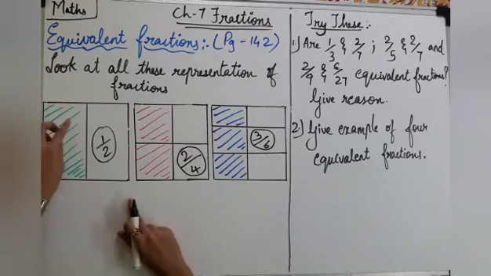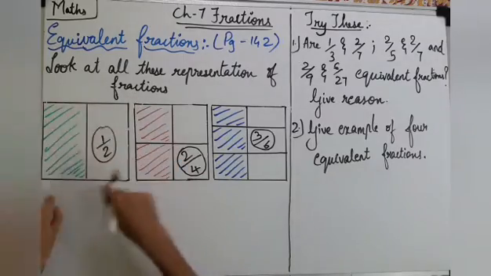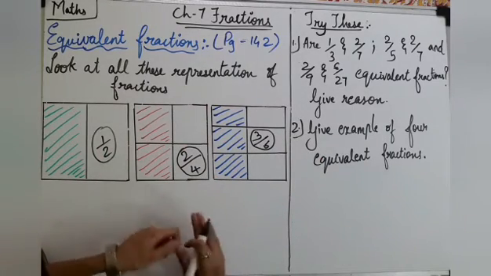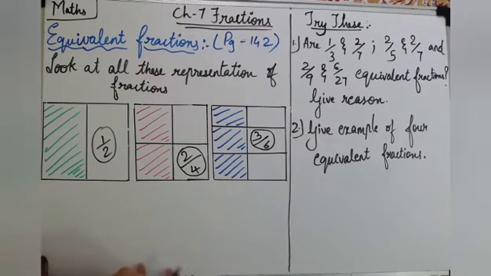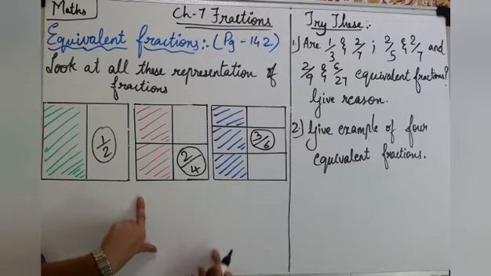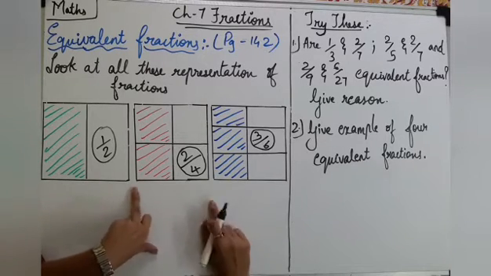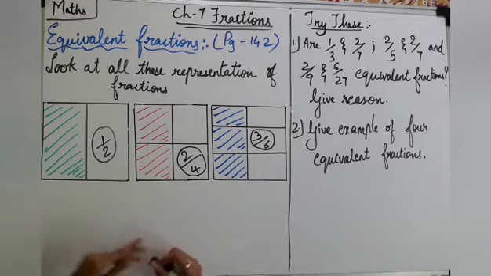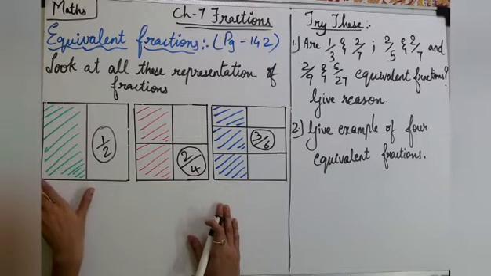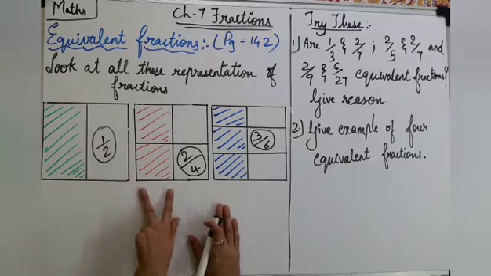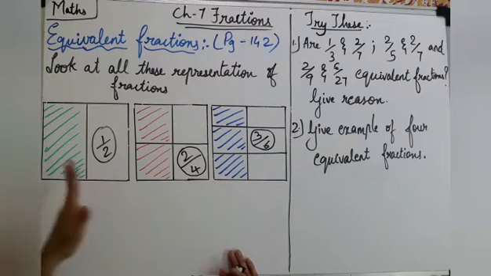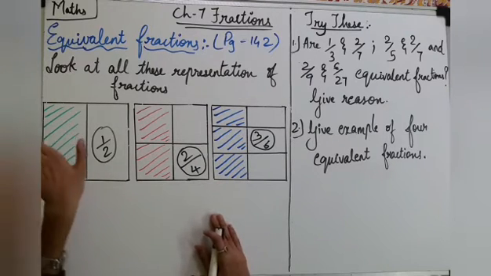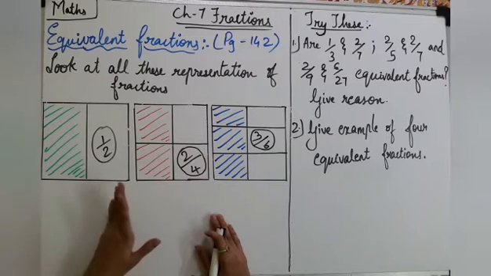This is a pictorial representation. For example, I cut this square, and again this one also and the third one also. All 3 squares, if I cut and keep one on another, are all equal? All will come equal. All 3 of them have the same measurement. Okay, and if this one part is shaded green, then 2 parts are shaded red, 3 parts are shaded blue. If I keep them one over another, you will see that the same portion is shaded in every square.